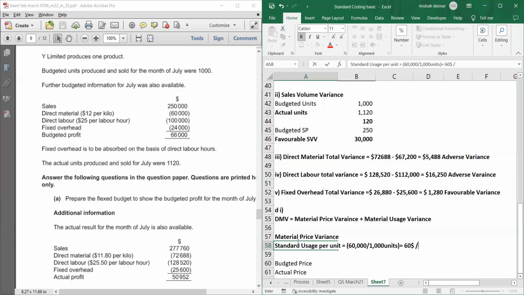And $60 divided by $12 per kilo equals 5 kilos. Simple calculation, 60,000 divided by 1,000 units, so $60. And $60 divided by 12 per kilo, so 5 kilos. We estimated that we would be using 5 kilos. And the actual usage,